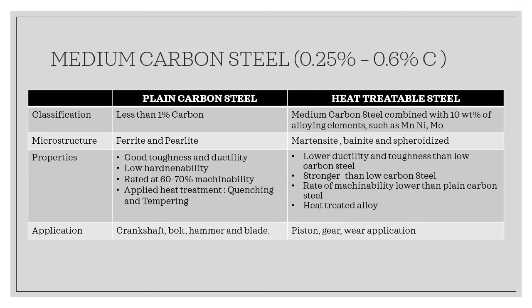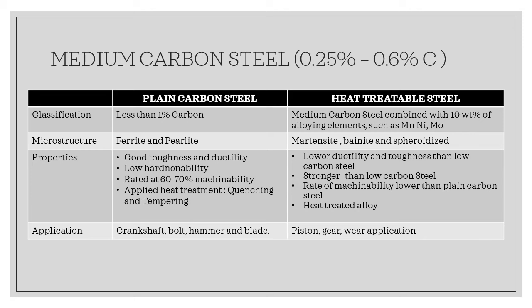Next, we have medium carbon steel, which has carbon content of 0.25 to 0.6%. Also, it has two types of classification, which is plain carbon steel and heat-treatable steel. For plain carbon steel, it has less than 1% carbon, while heat-treatable steel has addition of manganese, nickel, and molybdenum. The microstructures in plain carbon steel are ferrite and pearlite, while after heat treatment, the microstructures will turn into martensite,